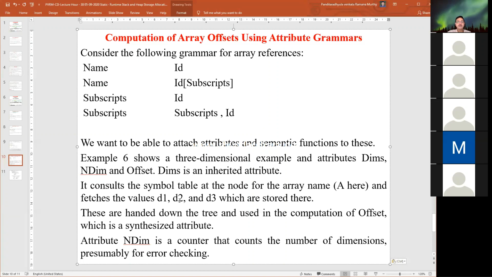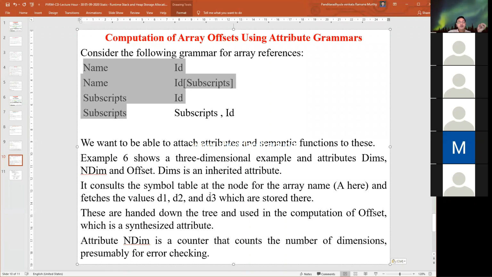Dimension is an inherited attribute: in the case of arrays or strings, it considers the symbol table at the node for the array name and fetches the values D1, D2 and D3 stored there. These are handed down the tree and used in the computation of the offset, which is called a synthesized attribute. Synthesized attribute means the parent is evaluated using its child values.